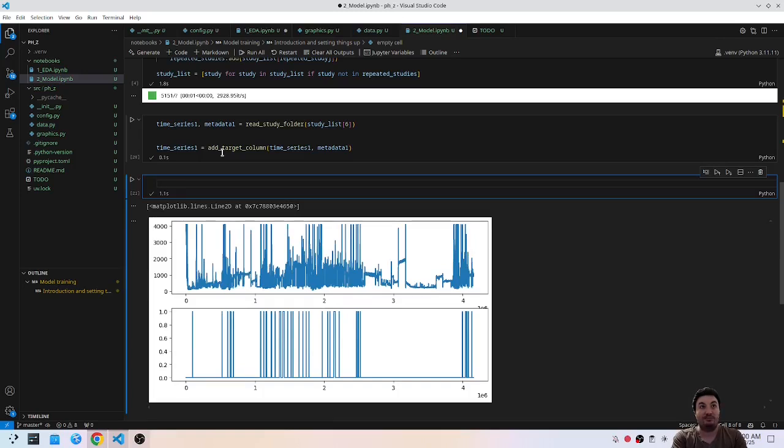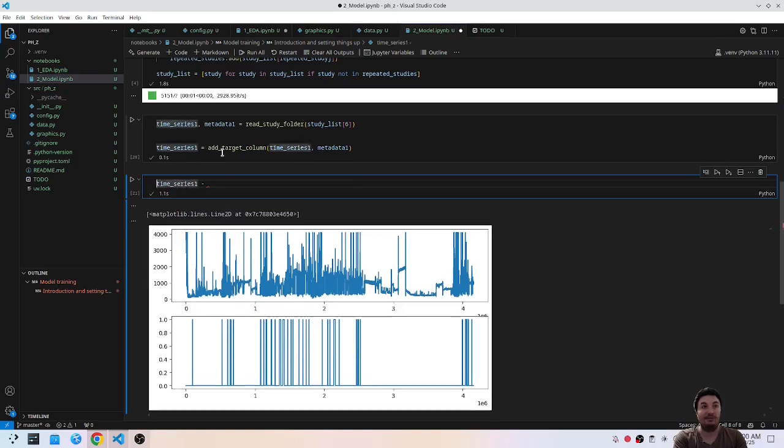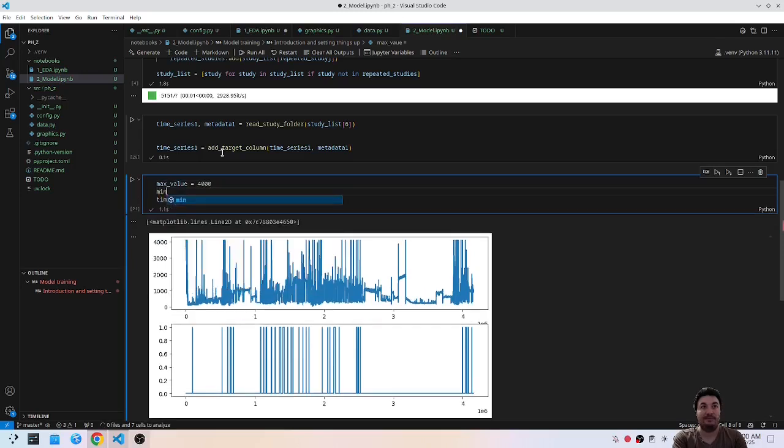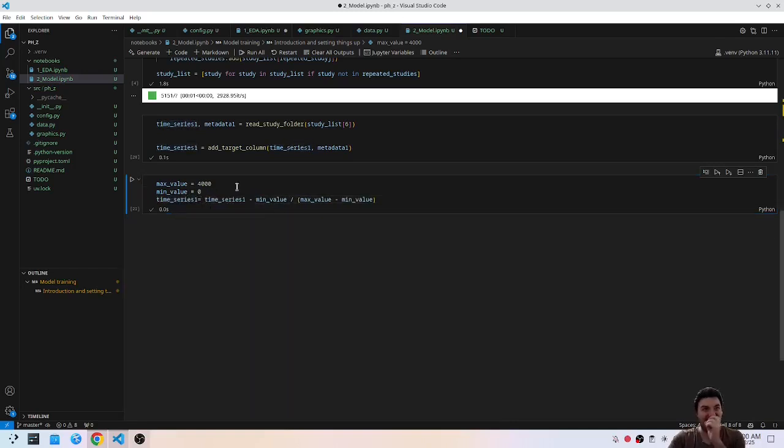So we should do something like minus max value, min value. So we should do something like this. Now,